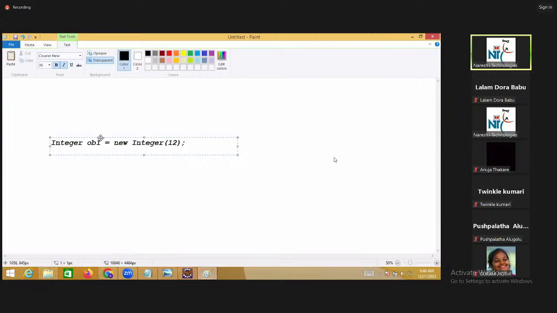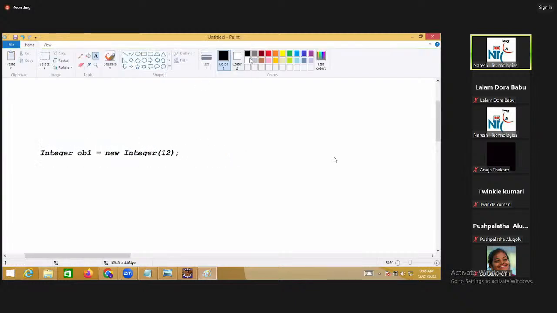This is Integer. There is one constructor call. While the constructor call, I am passing this 12.